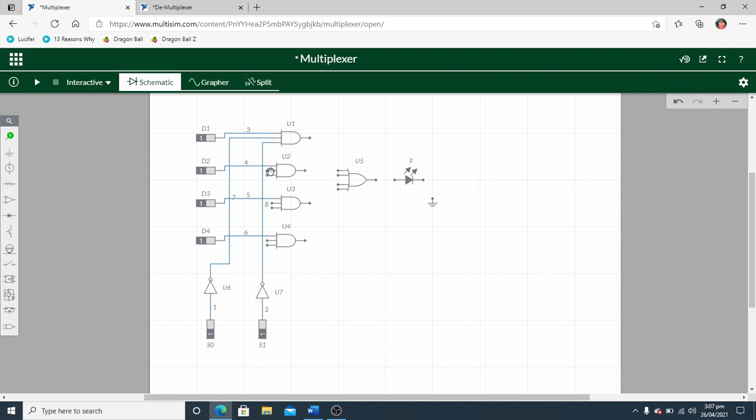Now we will join the second input of the second AND gate with this, and the third input we will join it here. The second input of the third AND gate we will join it here, and the fourth with this one.